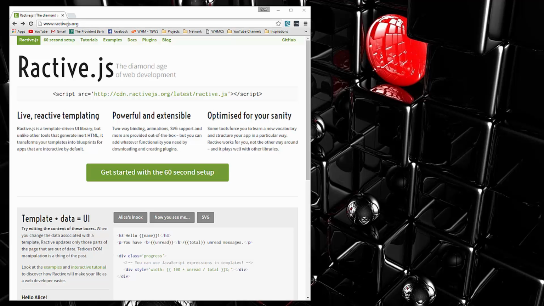Hey guys, in this tutorial we're going to be taking a look at Ractive.js, and this is a JavaScript template driven UI library. And I know that there's many different JS frameworks out there. I've done videos on a lot of them, and I chose this one today because it's really easy to learn, and also we just did a course on it at eduonix.com, so I figured I'd make a quick